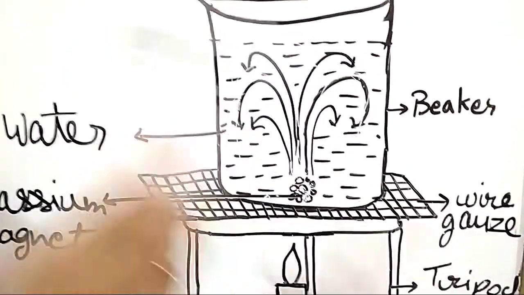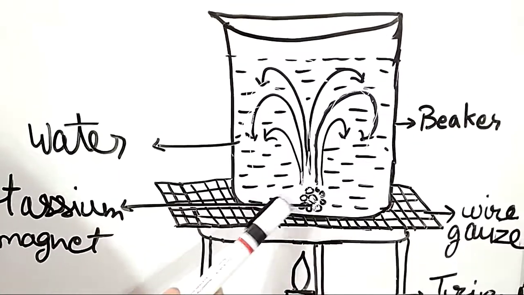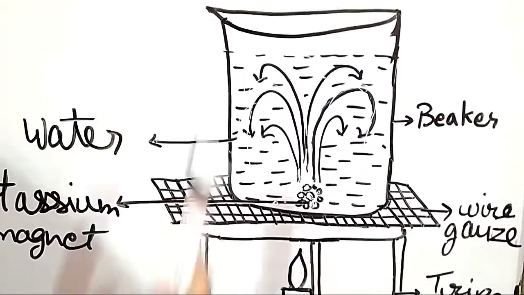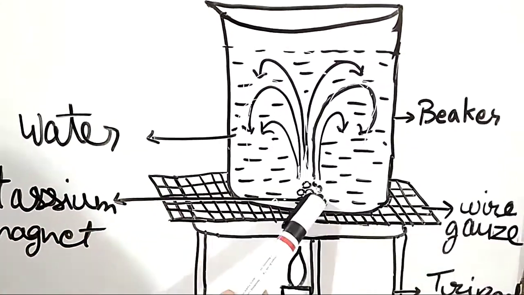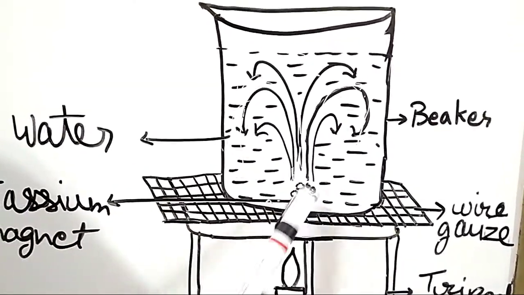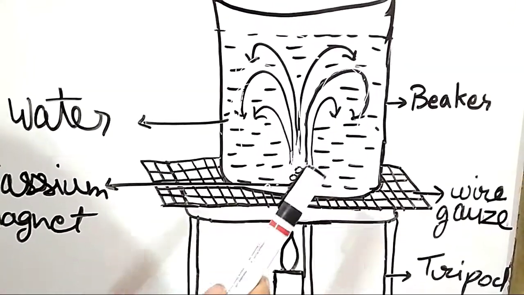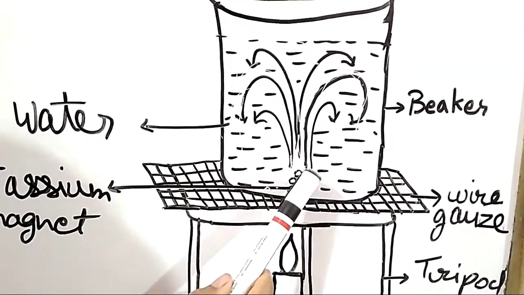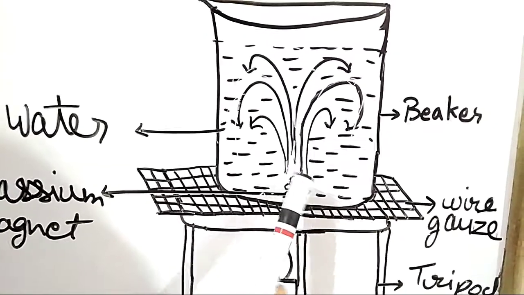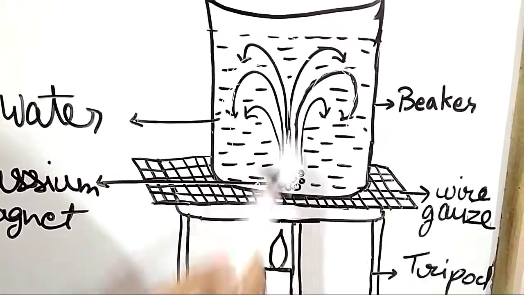This process of convection you can see easily at home when you prepare tea. When you add tea leaves in the water and it gets heated, you can see the molecules of tea leaf release color, so they also create a convection current. So you can see it easily then.